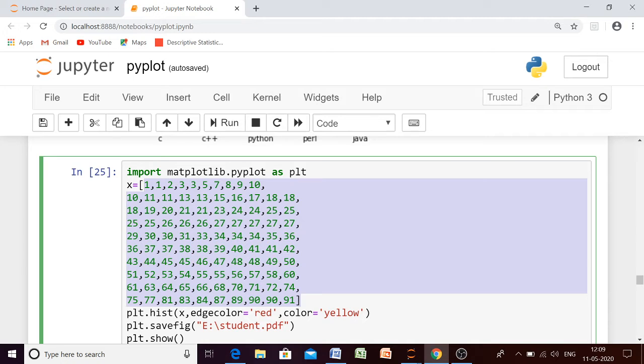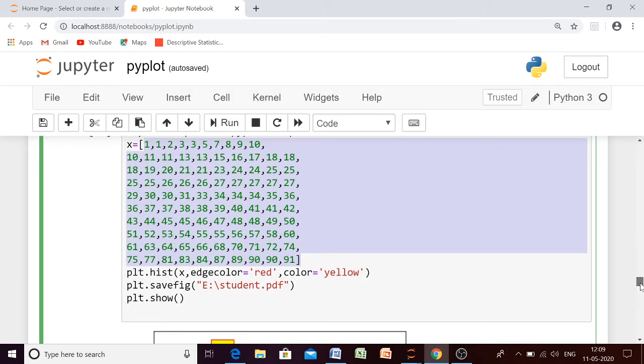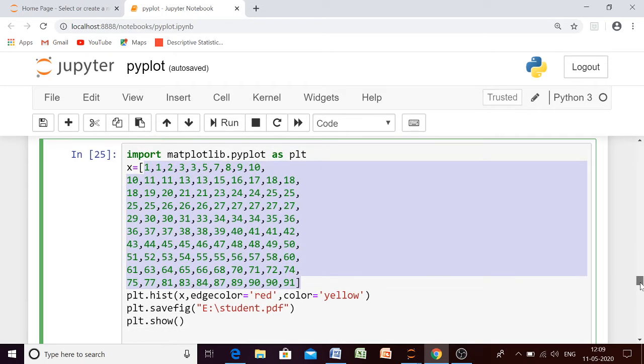First it divides the data into equal intervals. By default it gives you a range of 10 bins, 10 intervals. If you want to change the number of intervals, you have to provide it. So these data will be distributed into the 10 intervals.